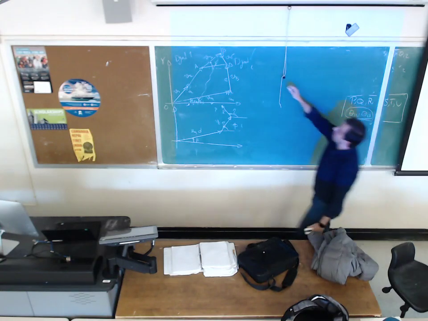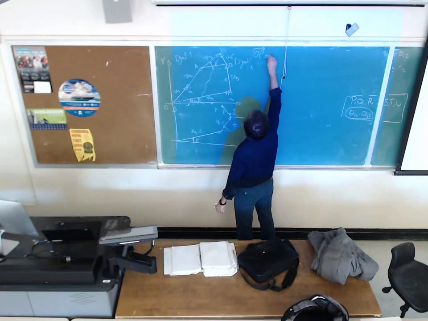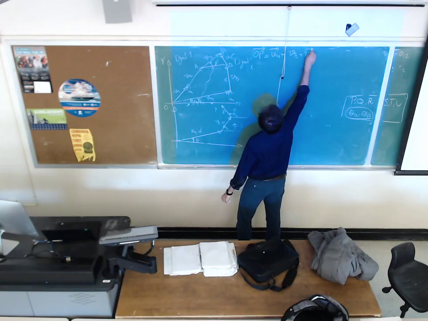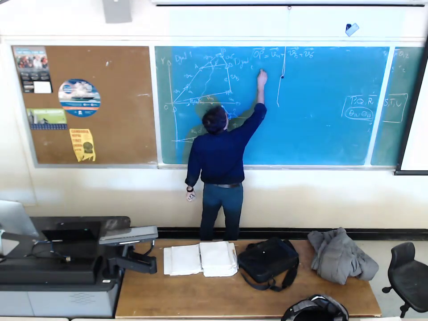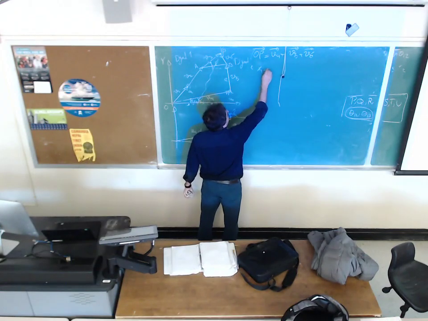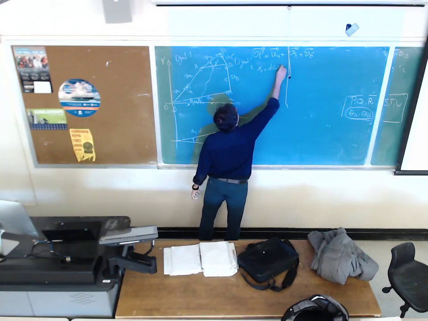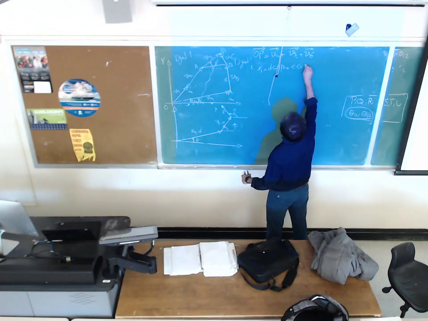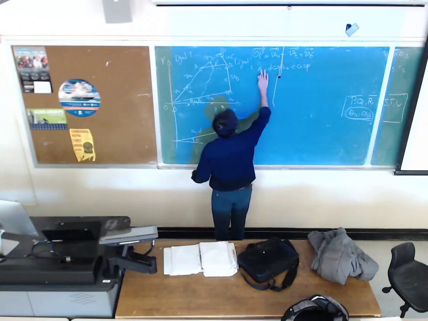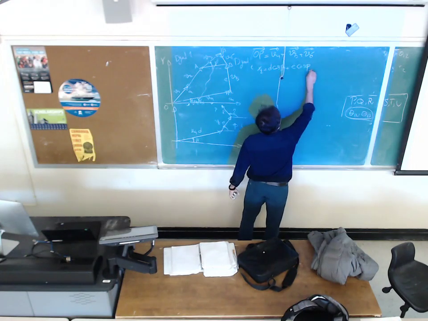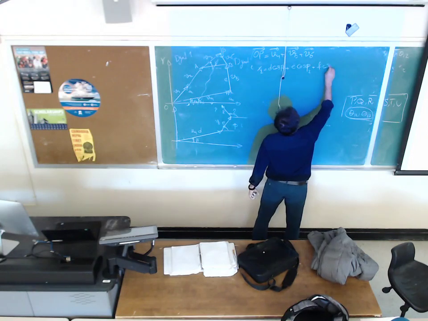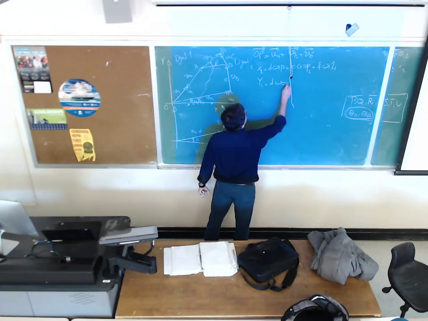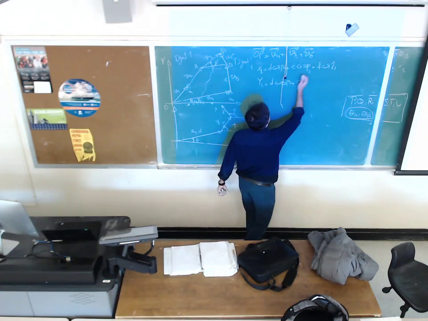X_i would be D cosine of beta plus E cosine of phi_i, let me use the i term, plus F cosine of eta_i. And Y_i would be D sine of beta plus E sine